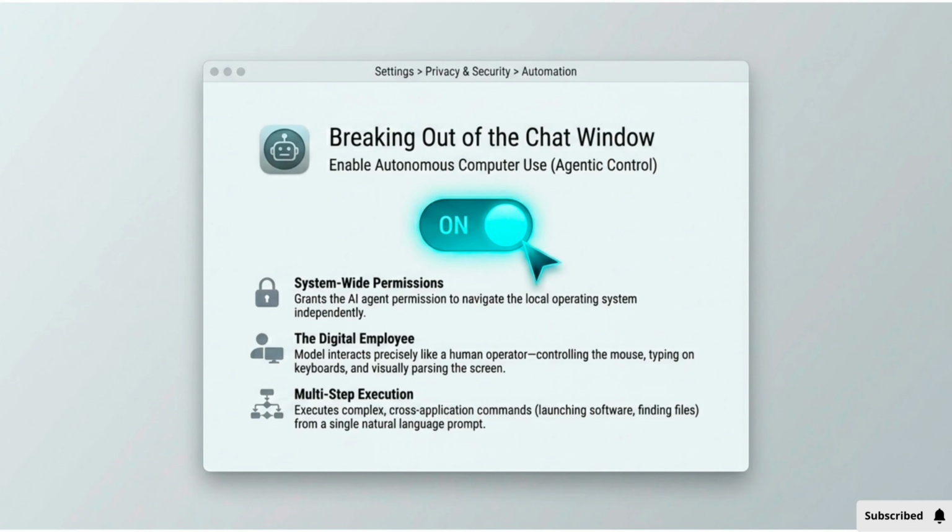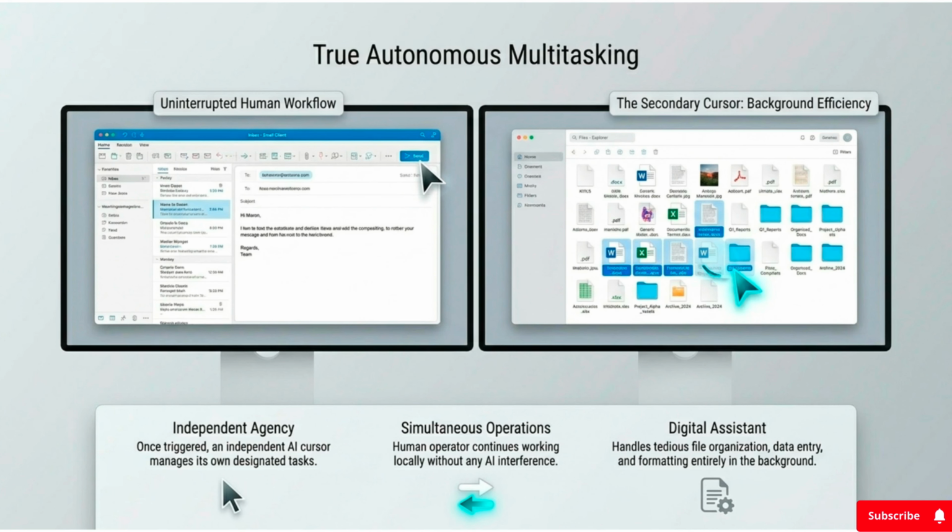This represents the beginning of AI-powered digital employees capable of handling real-world desktop workflows autonomously, the concept of independent AI multitasking. While the human user continues working normally, the AI operates in parallel, using its own autonomous cursor and workflow execution system. This creates a completely new productivity model, where repetitive tasks like formatting, organizing files, and entering data happen silently in the background. Instead of interrupting the user's workflow, the AI complements it. The result is a hybrid work environment where humans focus on strategy and creativity, while AI agents manage repetitive operational